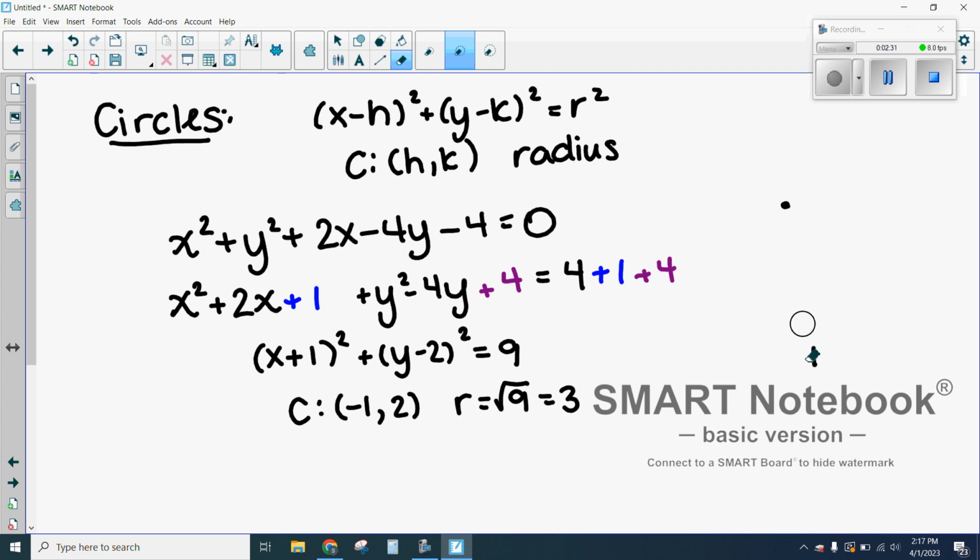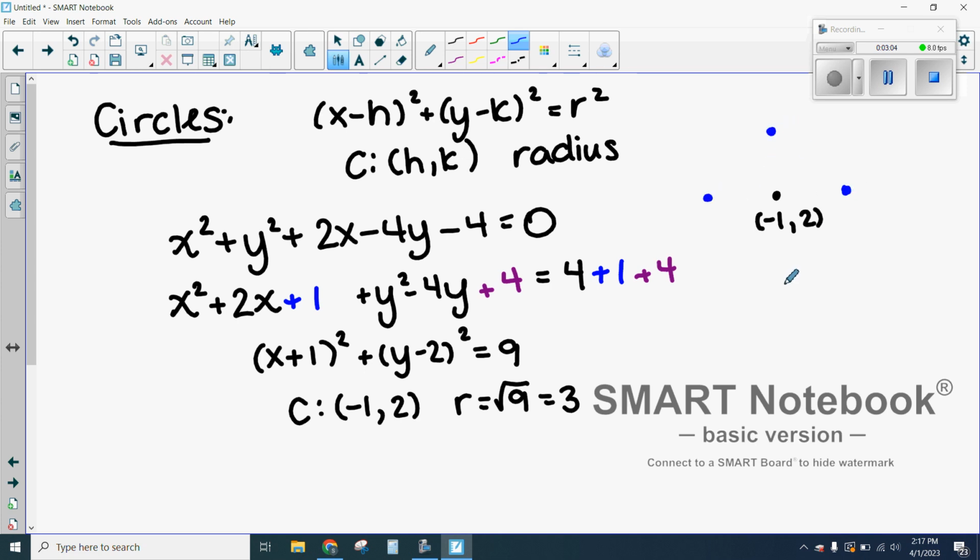Students rely so much on that grid and counting and stepping and hopping and walking. Okay, if I'm starting at the point -1, 2, the expectation is that you're able to plot and label at least 4 points on your circle. Forgot to graph a line while I was making the line video. So if you have trouble with lines, plot and label at least 3 points on the line. Okay, 3 or more points. Here, since the radius is 3,